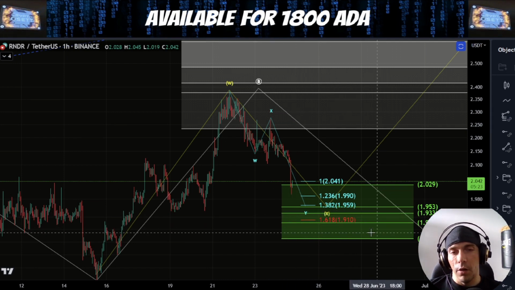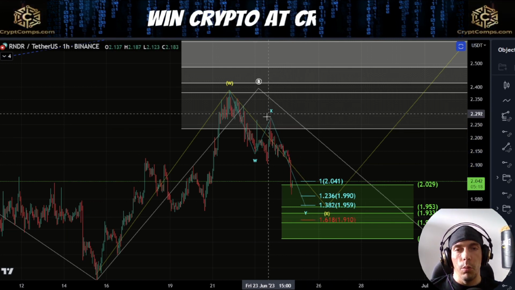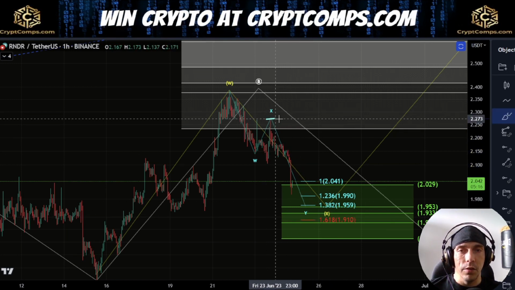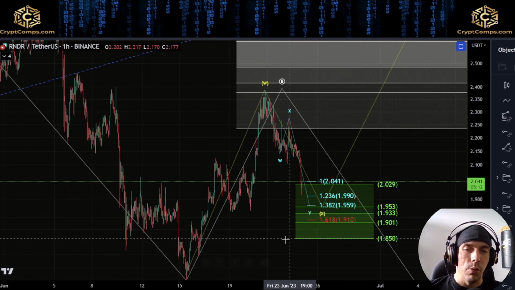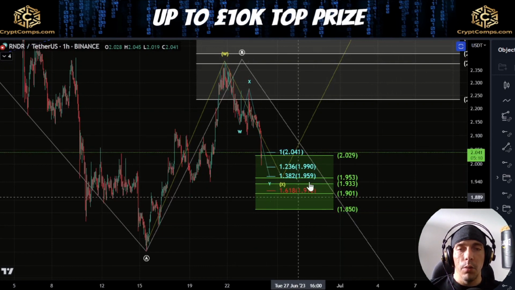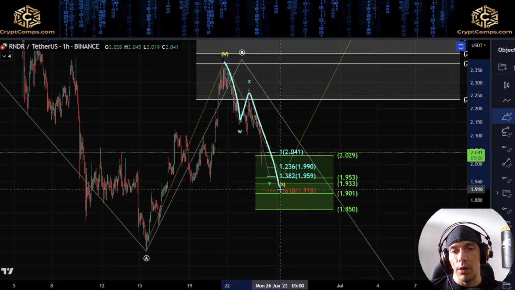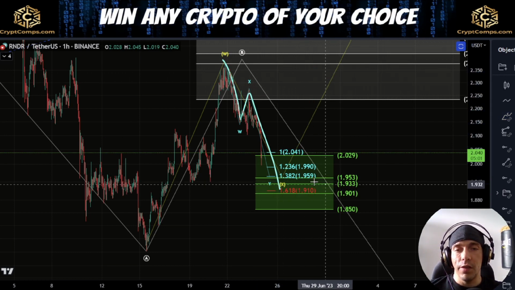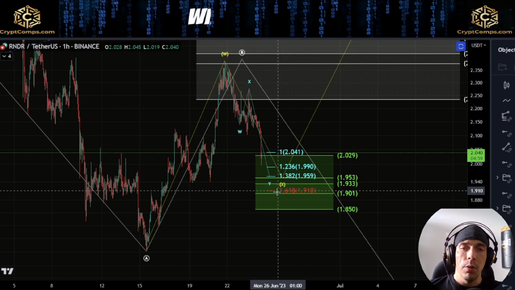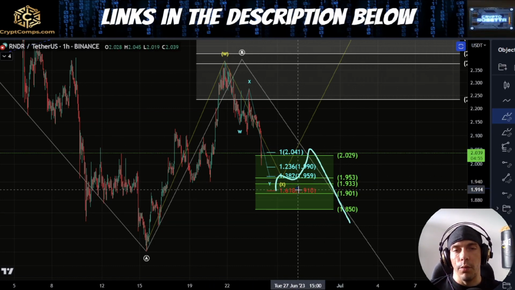more confirmation. If we do see a move down into these levels, what we'd then be looking for would be actually maintaining this zone of this high here, this $2.27, if we're looking for that continuation to the downside. However, we need to be aware, you know, we can still see price actually move down to this 1618 and still look to reverse to the upside. So just hitting this 1618 is not enough. We need to see that confirmation of the 4th and the 5th to say that we have a 5-wave move